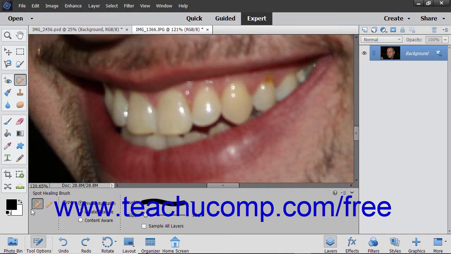To use this tool, select the Spot Healing Brush tool from the toolbox and set your desired options in the Tool Options bar. In this case, Proximity Match means it will sample pixels around the edge of the selection. Create Texture takes Proximity Match one step further by sampling all the pixels in the selection to create a texture